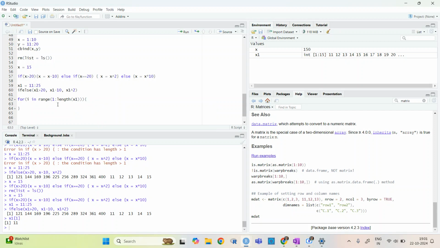Okay. Now you can check that if xi greater than 20, then do x I is equal to x I minus 10, as if x I